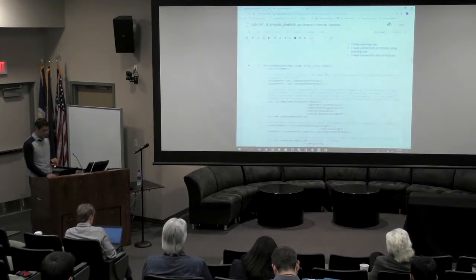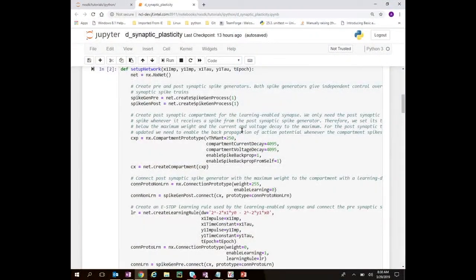So that happens to be up here. OK, so let's walk through this. The first thing, not surprisingly, is we create a network, NXNet. Once we have the network, we're going to create the spike generators. The spike generators are created using this